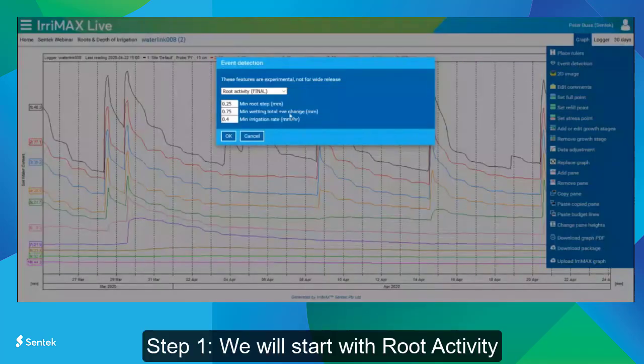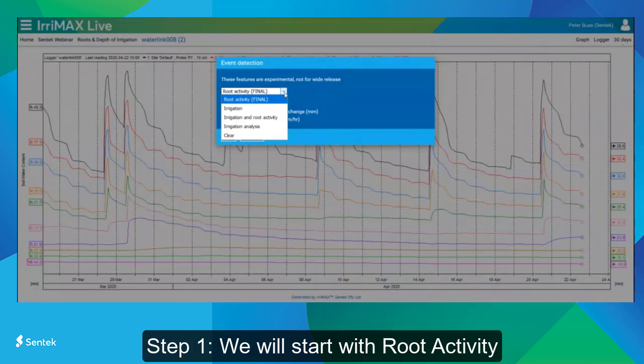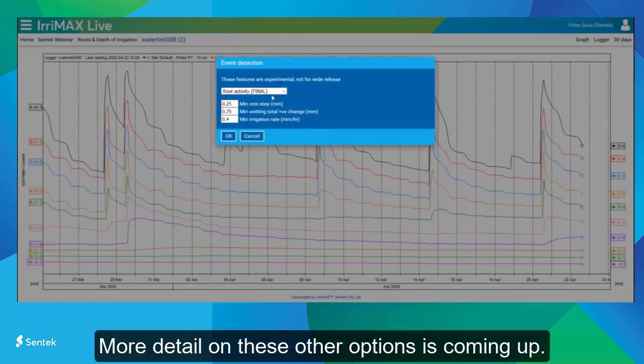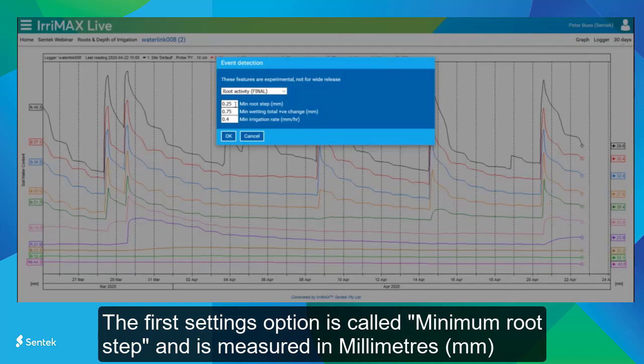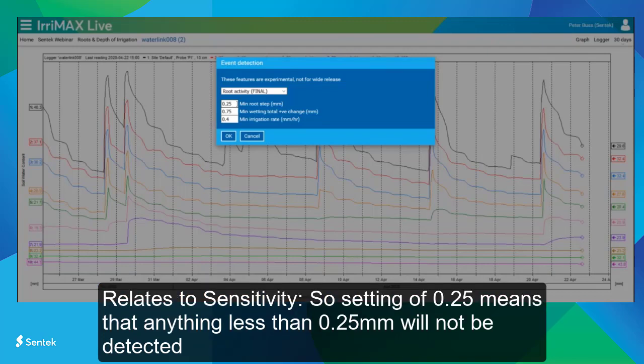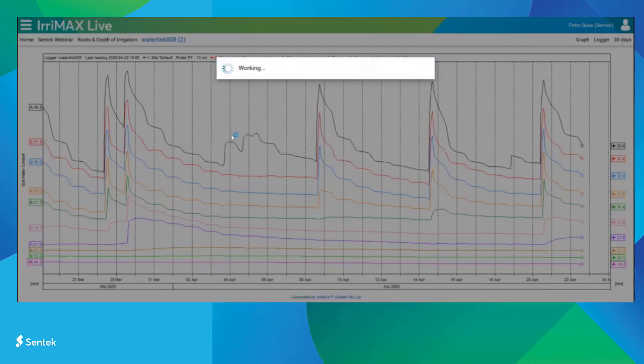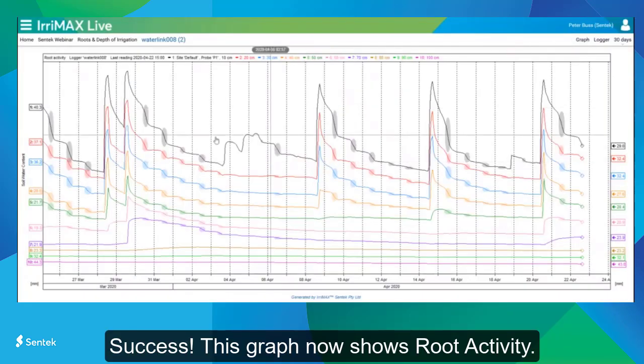Okay, and you got several choices here: irrigation, irrigation root activity, irrigation analysis, and clear the picture. So we'll start with the first one, root activity. Now, this little box here says minimum root step. So that means anything less than 0.25 millimeter will not be detected. Anyway, leave it at 0.25, and then you just say OK, and you get root activity, where